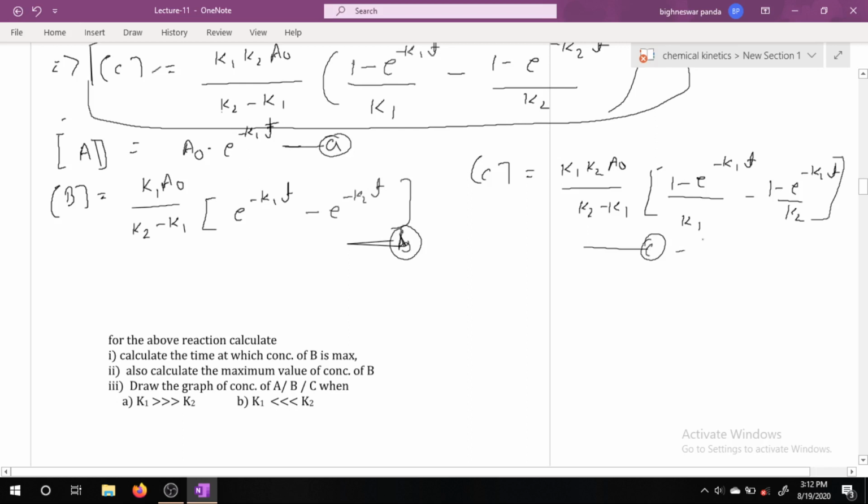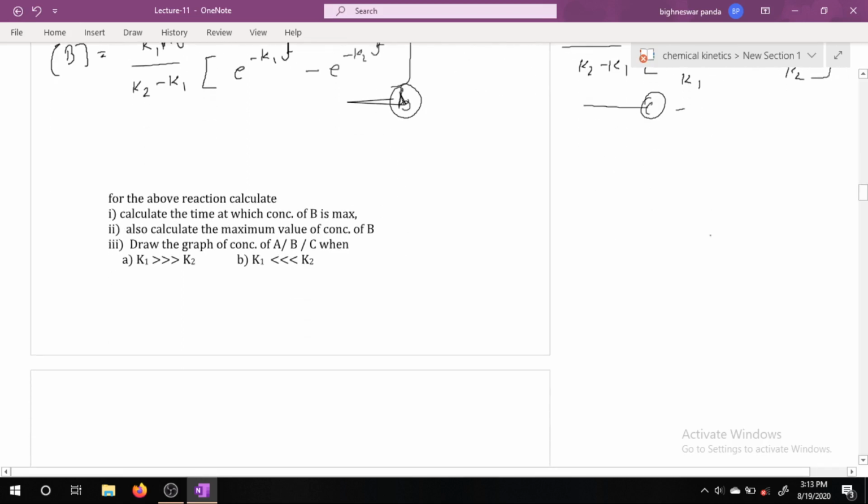So we have already calculated the concentrations of A, B and C as a function of time. Now we have to calculate these three things: for the above reaction, calculate the time at which the concentration of B is maximum, also calculate the maximum value of concentration of B, and draw the graph of concentration of A, B and C when K1 is very much greater than K2 and K1 is very much less than K2. So in order to solve this question,